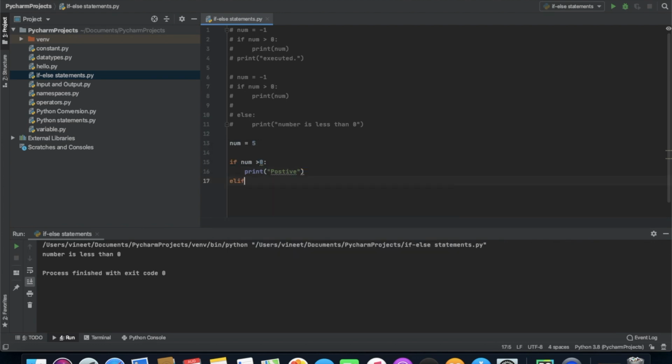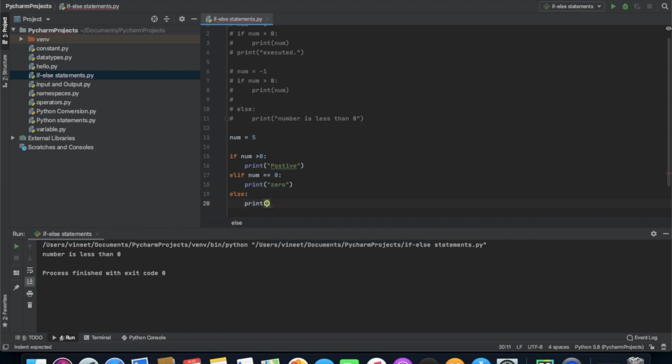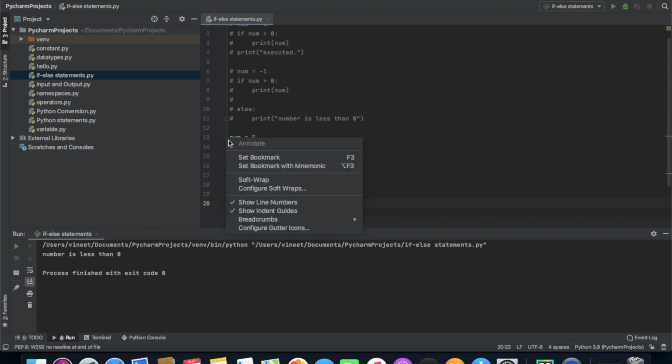Elif num is equal to 0, print "0". Else print "negative". Oops, I didn't provide double quotes. And you must provide double quotes, otherwise it will give you an error.